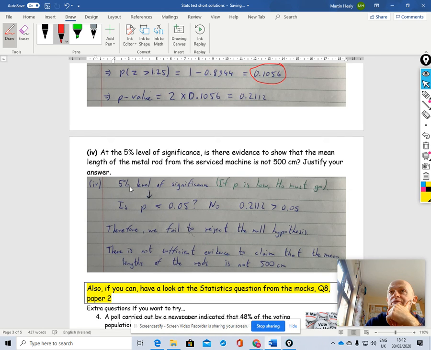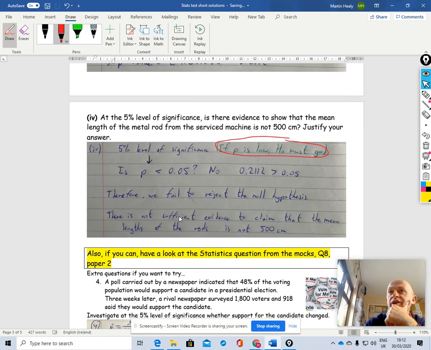And then we're asked a question at the end. At the 5% level of significance. Now again, for these type questions, if p is low, H0 must go. Low means less than 5%. In this case, it isn't. So we fail to reject the null hypothesis. So in the context of